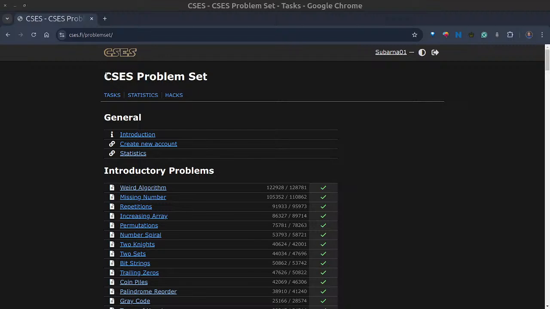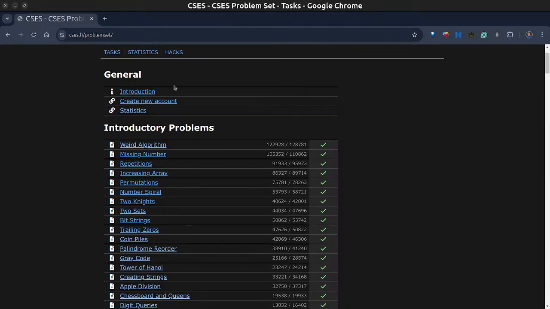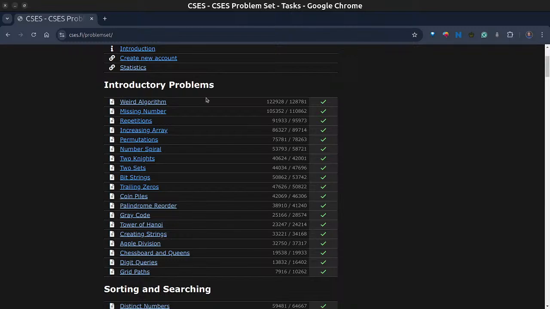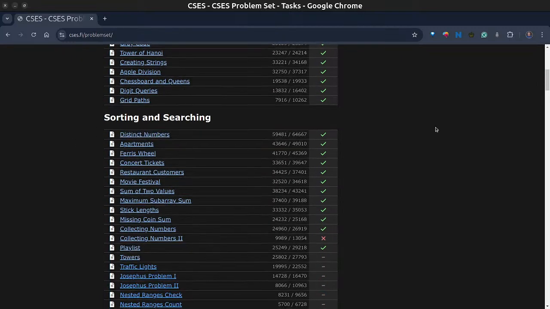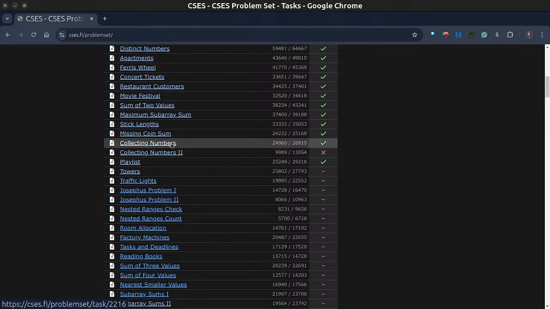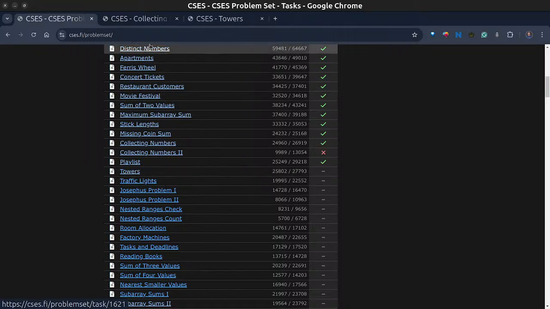Currently I am solving this CSES problem set, and as I have solved this introductory problem and currently solving this section, sorting and searching. Yesterday I tried solving collecting numbers 2 and playlist. I couldn't solve collecting numbers 2, and I solved the playlist, but